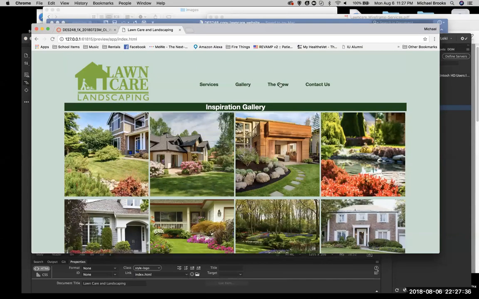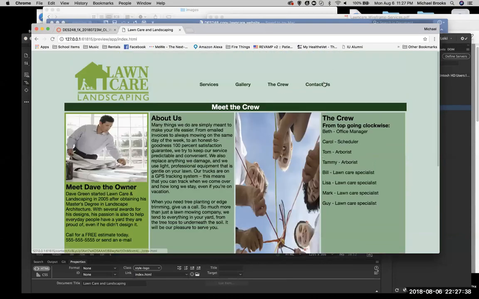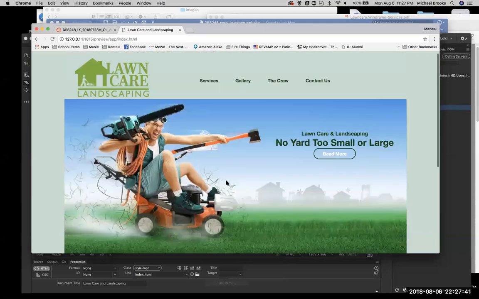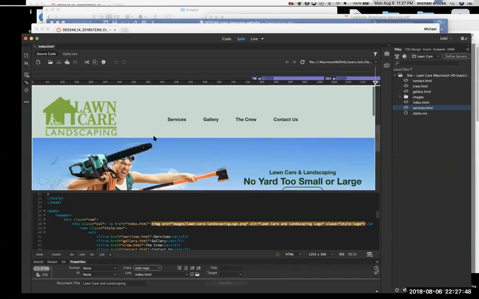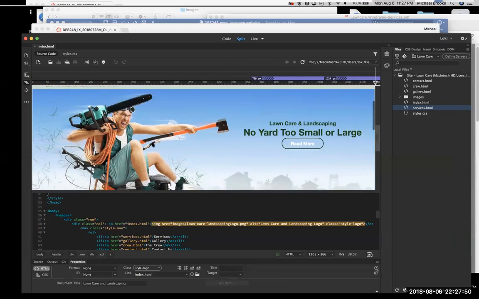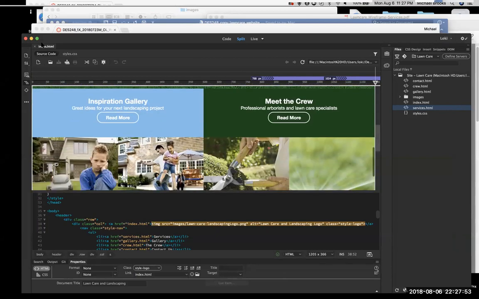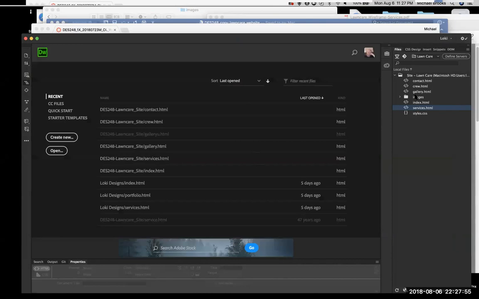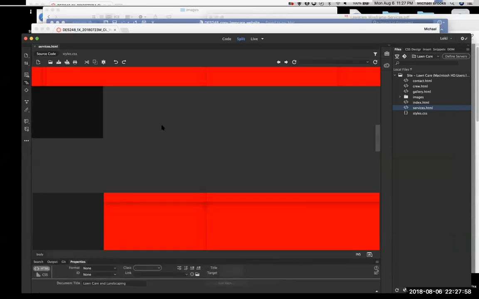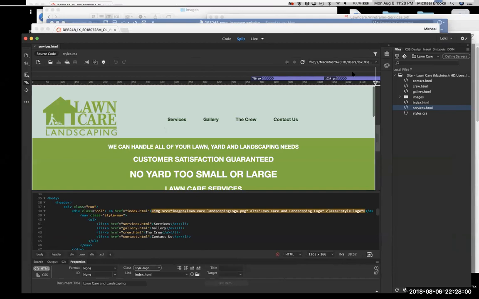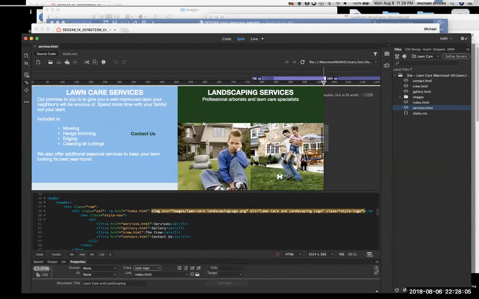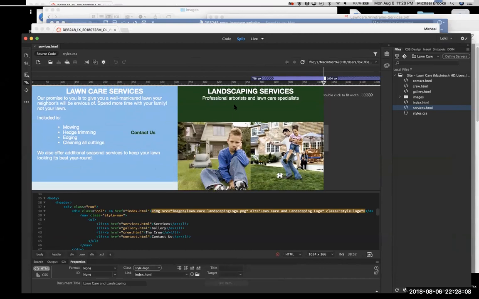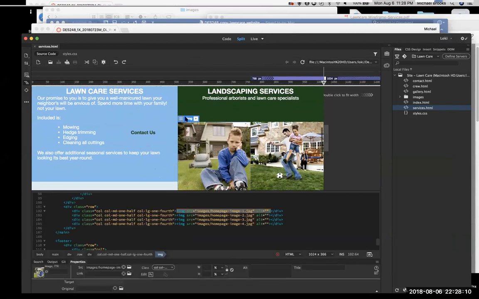Gallery came out well. The crew looks good. Contact us. Okay, we'll be working on the contact us Thursday as well as, well, let's quickly go back to here and I'll show you what's wrong, why the services is coming up that way. Let's go to services and open it. And we're going to go to here. We're on live view now. And see, I didn't put all the information in there. And now these,